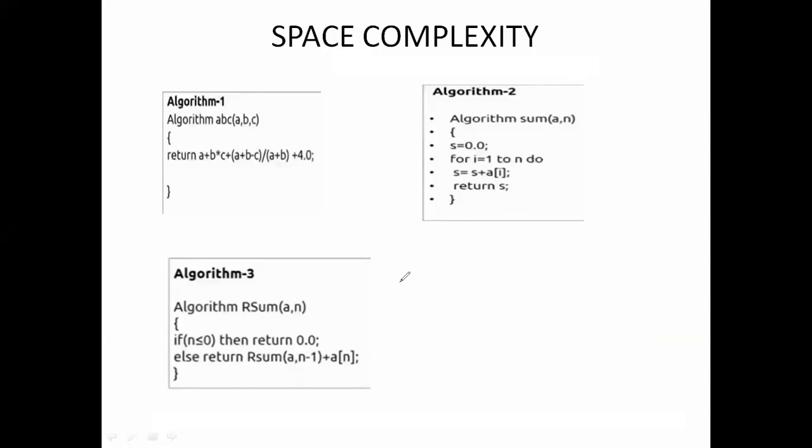Next, coming to the recursive algorithms, see here. Understand or not?